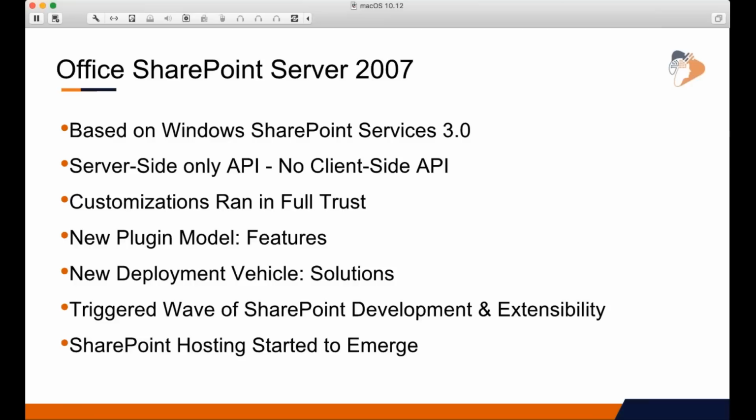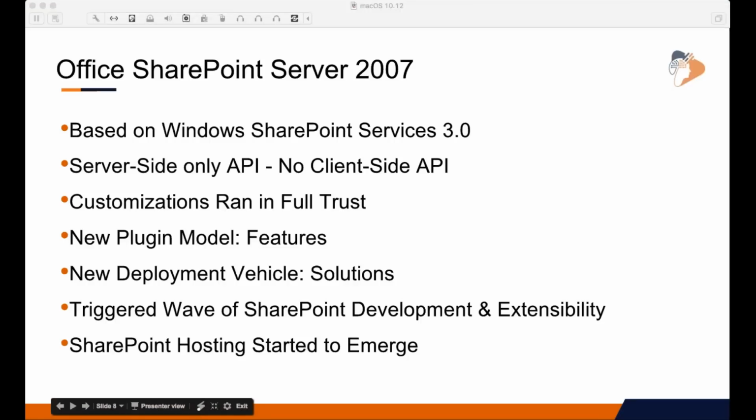So a lot of companies were looking around saying, hey, I want SharePoint, but I don't want to host it. So they started looking around for hosting options. And naturally, Microsoft started to look at this hosting option that they could do. When they first started doing this, they realized that having a SharePoint deployment for every single customer was not cost effective. And so Microsoft started looking at multi-tenant hosting options. Multi-tenant meaning that the same SharePoint deployment can be used to host 2 or more customers.